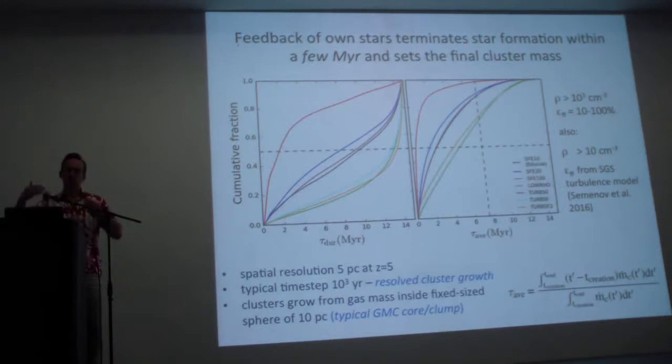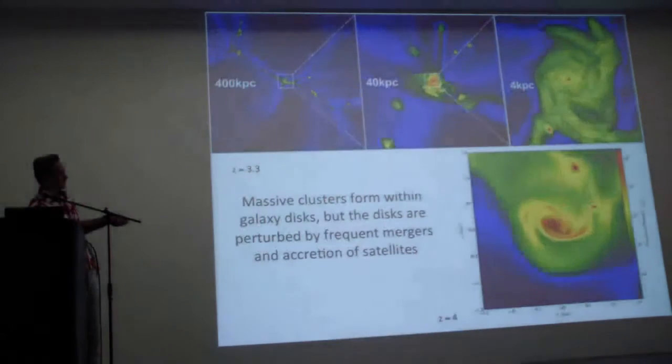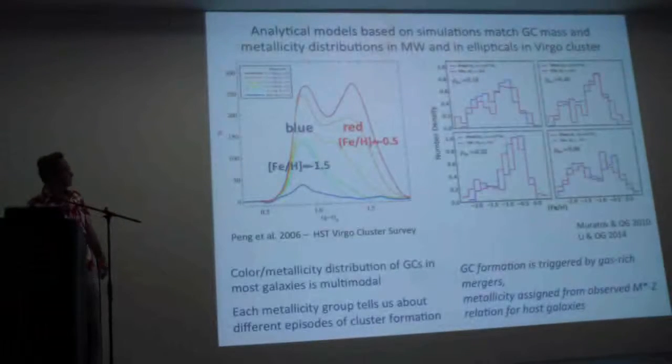So a better measure of the actual duration of star formation is here on the right-hand side. And this is a mass-weighted measure of that duration. This is what would be interpreted as spread of ages in a star cluster as it were observed in the real universe. And the spread of ages is significantly less.